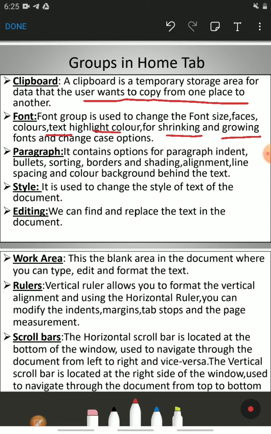Then the paragraph group contains options for paragraph indent, bullet, sorting, border, shading, alignment, line spacing, background color, etc. Then the style group is used to change the style of the text of the document. In editing, we can use find to find our text and the replace option to replace particular text. These are the 5 groups in the home tab.